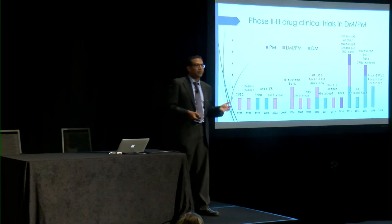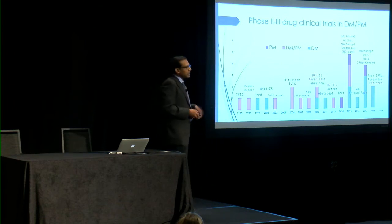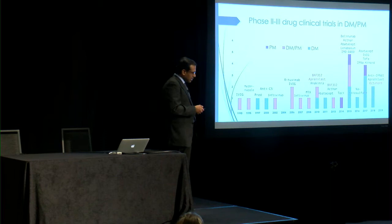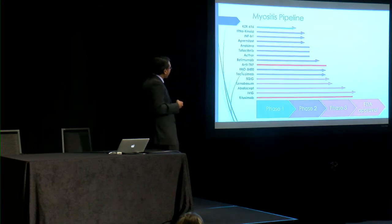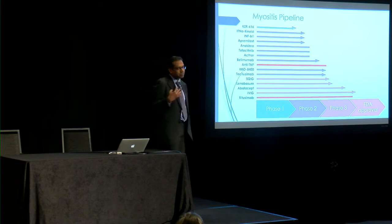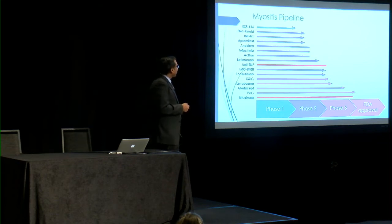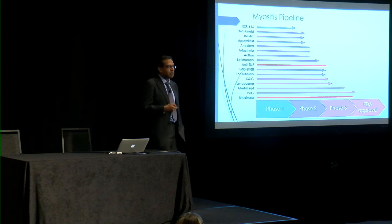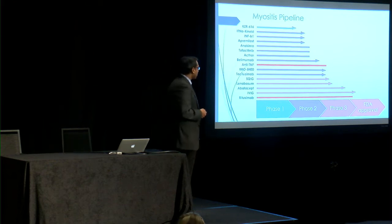So we need multiple drugs to get approved for myositis to cover a large range of patients. The good news is that we are starting to do multiple clinical trials. Here's the myositis pipeline. I'm again happy to report that the pipeline looks better and better, rather robust. We have multiple clinical trials going in phase 3 and phase 2. So we are very happy that many drug companies are coming up and trying to look at their product in